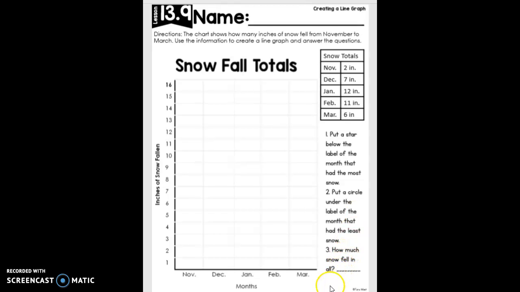And then number 3, how much snow fell in all? So you're going to take those numbers and in all, remember what that means. We need to